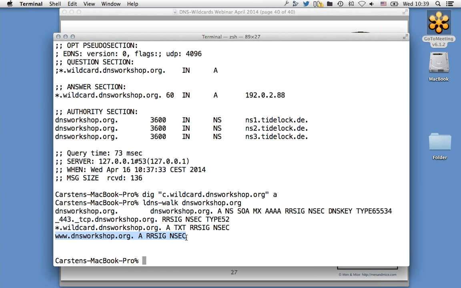Okay, and then I have a question from Dave. Can wildcards be used with CNAMEs? Yes, they can be used with CNAMEs, just as in any normal resource record. So on the left-hand side of the resource record they work, on the right-hand side they don't. On the right-hand side, it would just be a funny-looking domain name with a star in there. But on the left side, you can write something like star, domain name, CNAME pointing to another name,